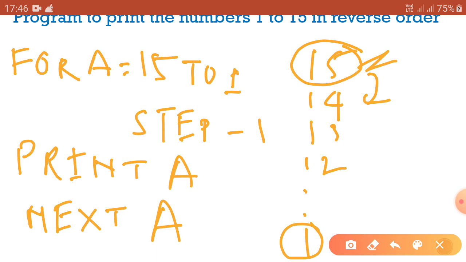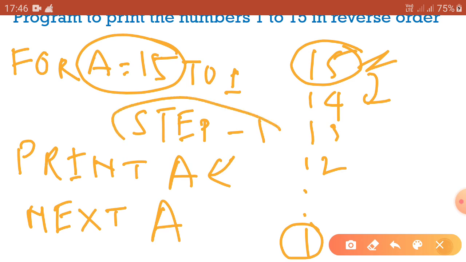Okay, got it? So the first time when a is equal to 15, it comes to the line Print a. Now the step is -1. So the For statement will first assign the value 15 to a.